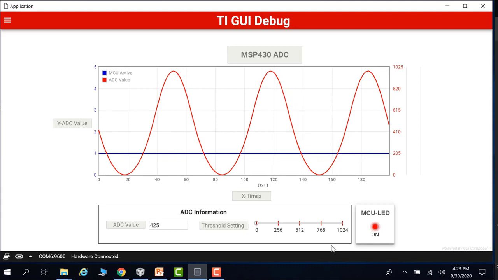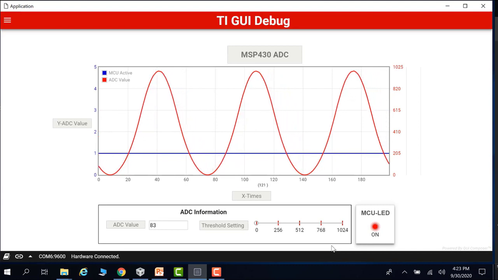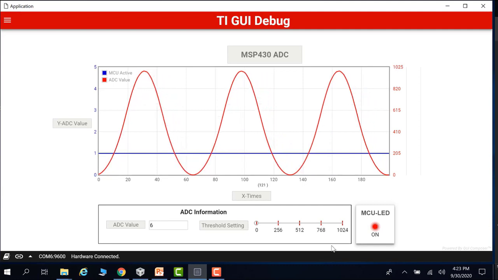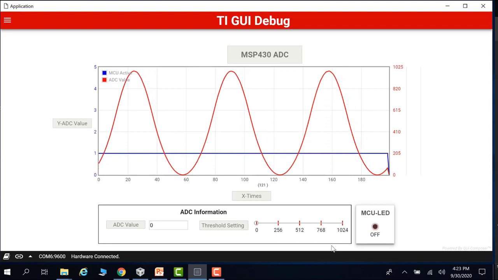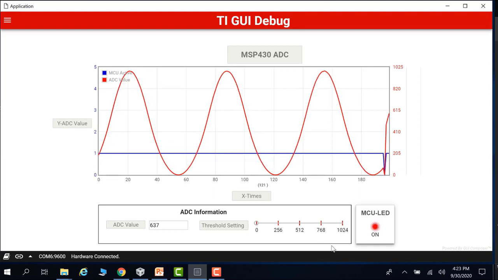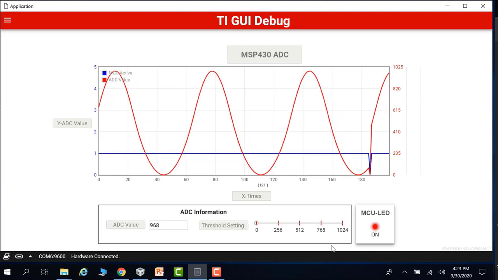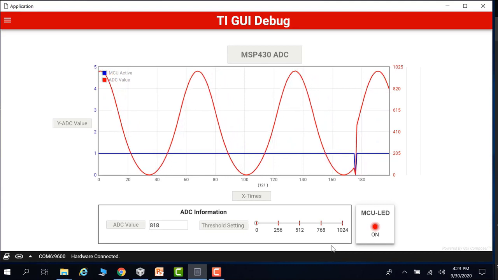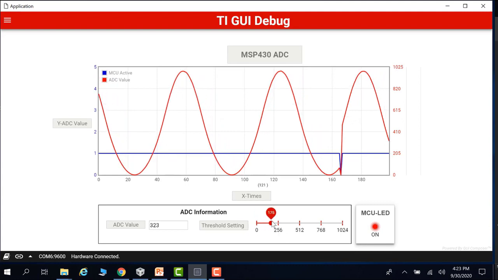You will need some type of signal generator to send a sine wave to the ADC input port of the microcontroller. In the graphical user interface, which some may call GUI or GUI, we will see that when the rising edge of the sine wave reaches the ADC comparison threshold, the LED status changes, meaning that the MCU woke up, and the ADC conversion results will begin transmitting real-time to the GUI according to a certain timer interval. You can use a slider on the GUI to change the ADC comparison threshold. Note that in this particular demo, the threshold is only updated on the hardware when the device is reset.